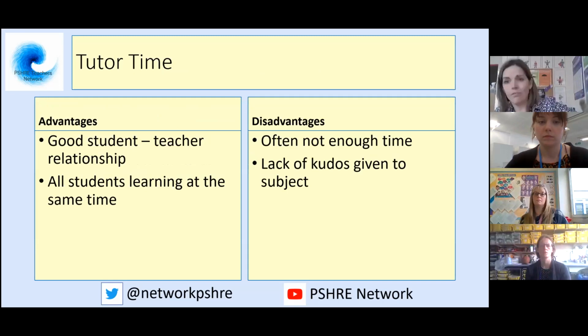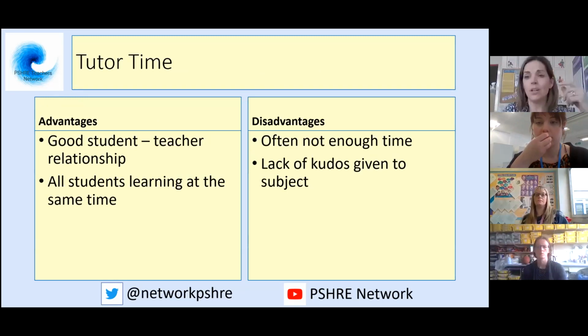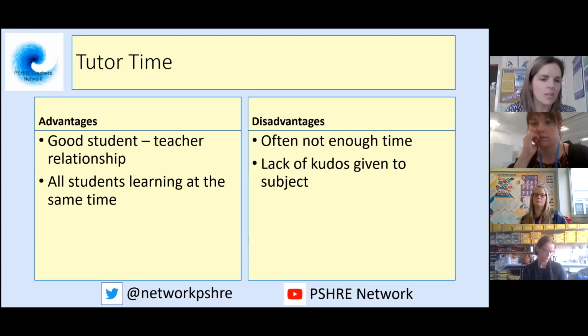I'm going to look at 4 methods of delivery and the benefits and the disadvantages of both of them. So obviously looking at tutor time, in theory, especially in secondary, the tutor is the only teacher that student sees every day. There may well be the odd 1 or 2 teachers that they might see every day as well, but tutor time obviously is that relationship building time,